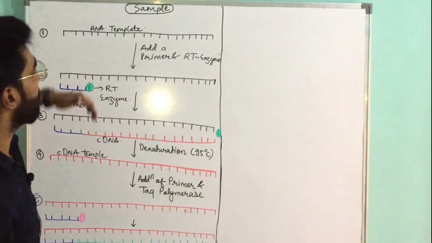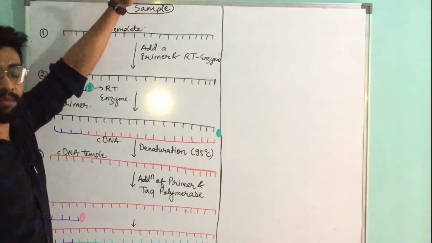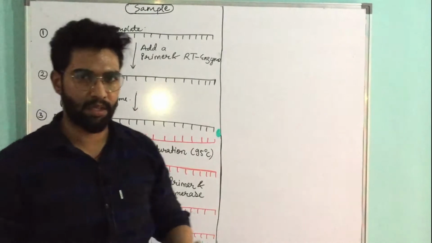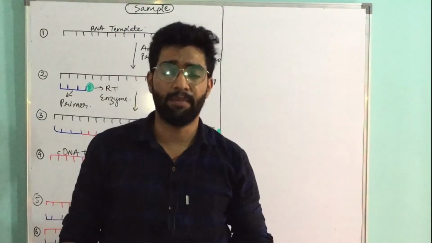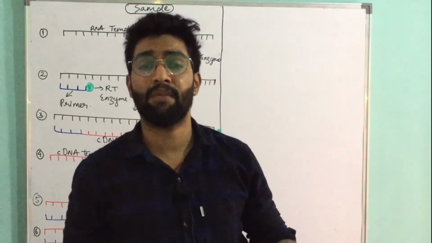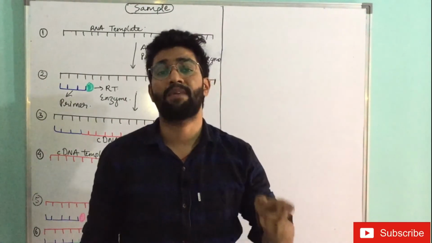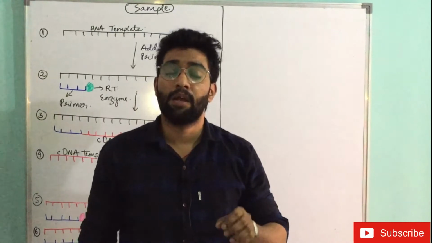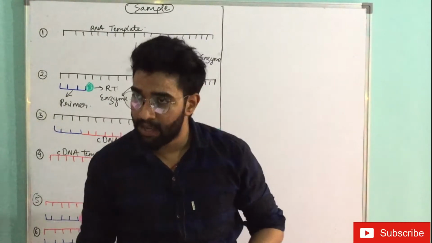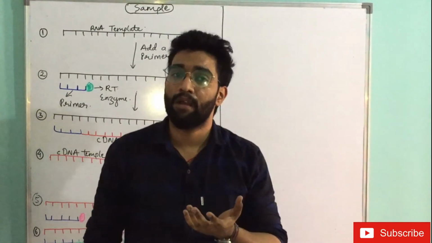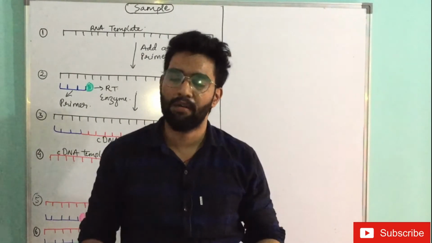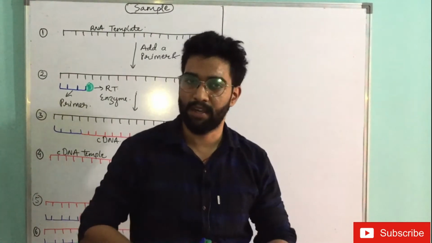So in the RT-PCR technique, what they do is collect the sample from the coronavirus patient, or any patient they think is having symptoms of corona. After collecting that sample from the nose or the throat, that sample is treated with the help of chemicals. After the chemical treatment, the protein and the fat are separated, and the thing which they get is the RNA, or the extracted RNA. It could be the person's genetic material, they don't know.